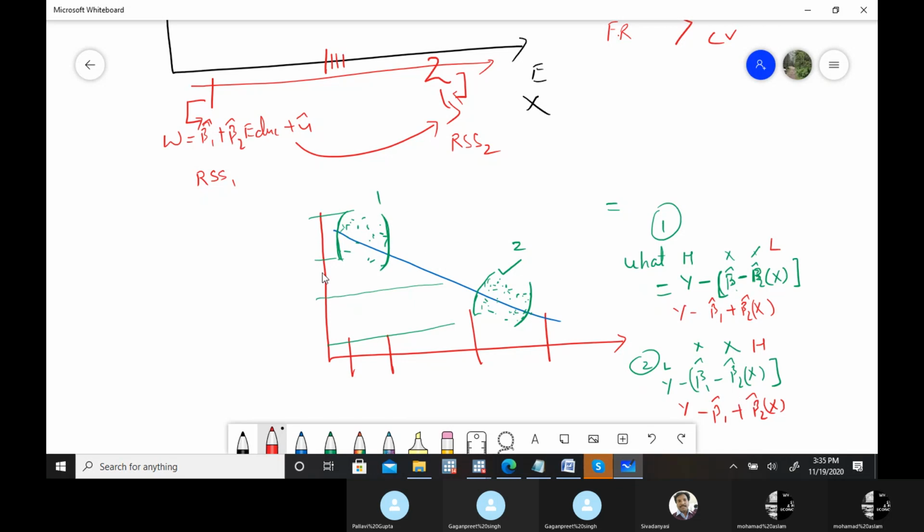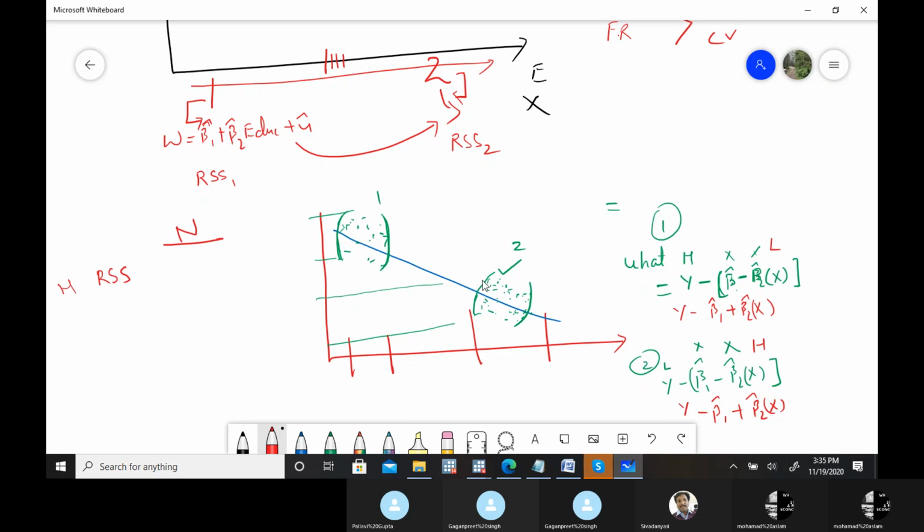The simple rule is that just see, out of these two groups, which group has the highest residual sum of squares? That group you have to keep in the numerator. Whichever one is higher, you have to keep in the numerator and the other in the denominator. So don't get confused about whether it is the second one or which one, because these are alternative situations that may decide which one is higher. So either you can cross check all the calculations or just simply see which one has the higher residual sum of squares. It might be the first group or the second group. You don't need to worry about that. The rule is you have to keep the highest part in the numerator.